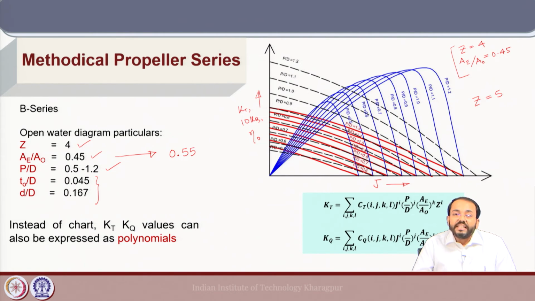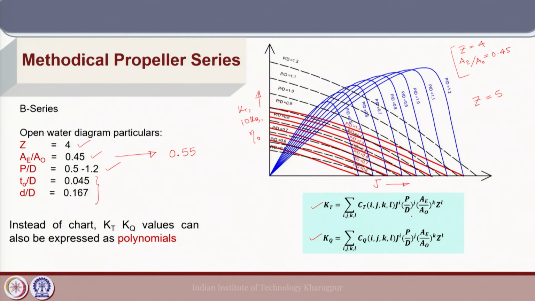So, instead of these curves, polynomials can also be used to represent the values of kT and kq in the open water condition for a range of values of pitch ratios, blade area ratio and number of blades. So, they are represented using these equations